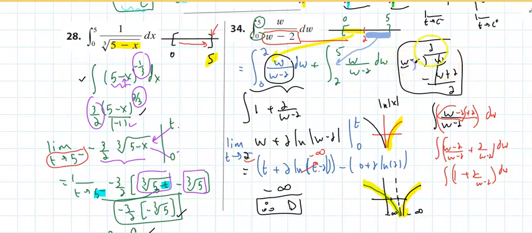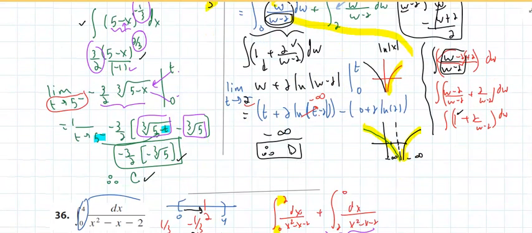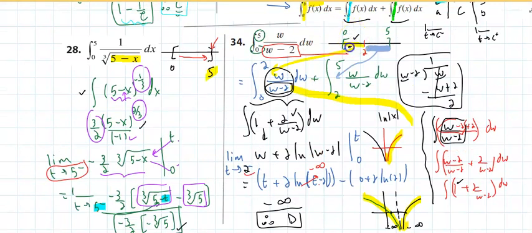W divided by w is a 1. You multiply, subtract. So this turns out to be, oh, look at that, I forgot to write the w. Or there's a nice trick that students do. You could say, I'm going to subtract 1 and add 1. So basically, they look at the denominator and say, if I subtract 1 and add 1, that right there is a ratio of 1. And there it is. Whatever works. Bottom line, I need to get this far. And I know this is w plus twice natural log of absolute value of w minus 2, evaluated from 0 to t. But do you notice on this first portion, I can only approach